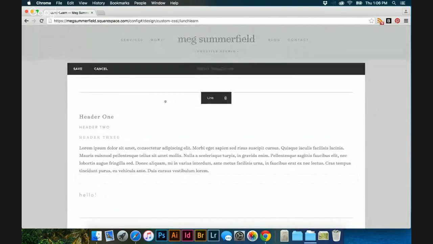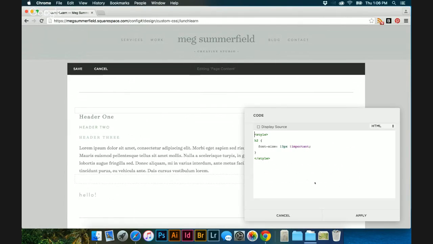When you go into your page, you can add a code block. I already put one in here for us, code block. And you can edit the CSS directly in here. Now, this one is H2. Now you always need your bracket, and then this is your tag, your bracket, and you go into changing your